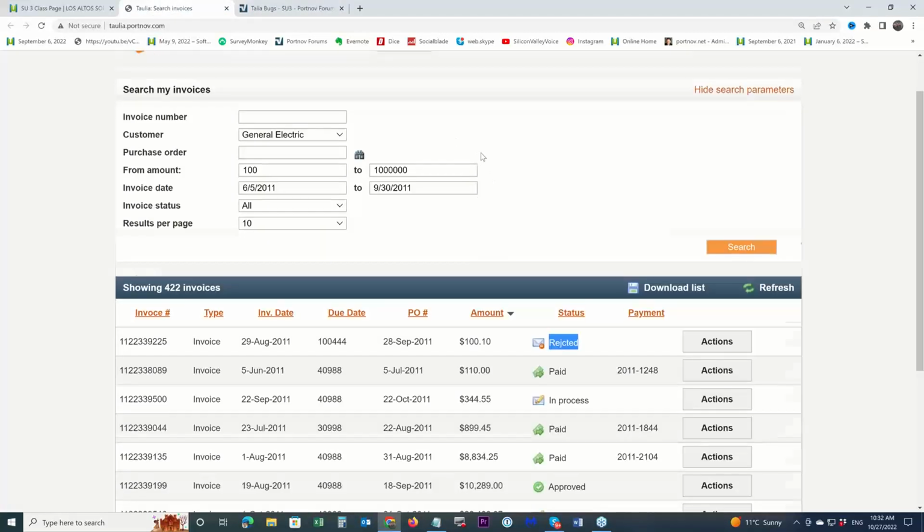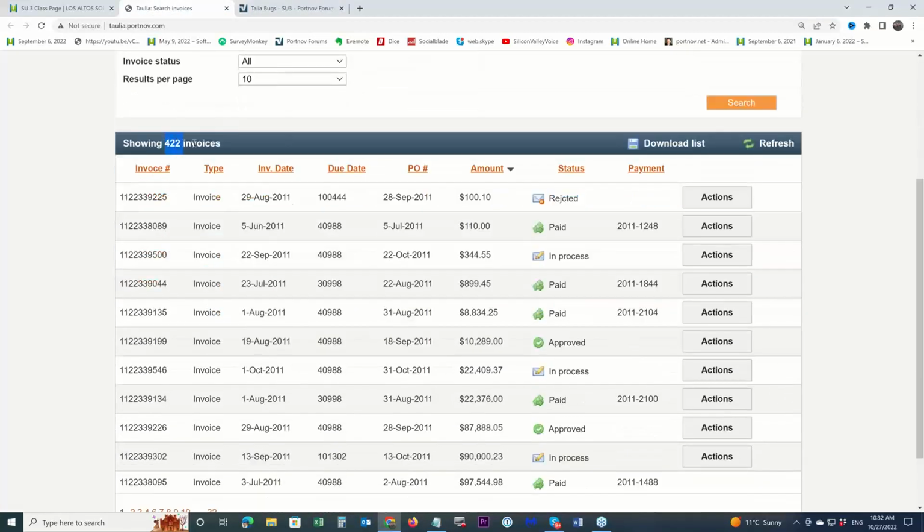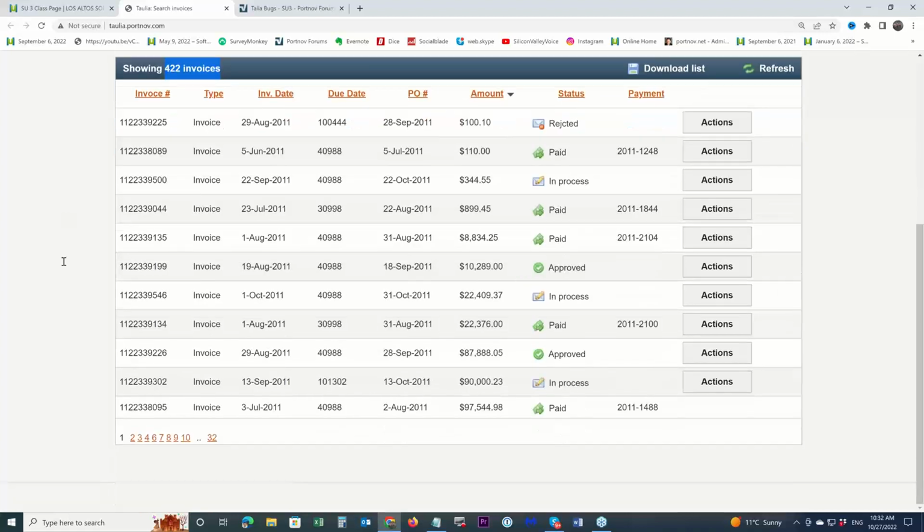Yeah. So it is showing 422 invoices, and then we have multiple pages. But overall, we have 32 pages. And even if you multiply 32 by 11, not 10, by 11, it is still 352. It is not 422. We are still lacking 70 invoices.